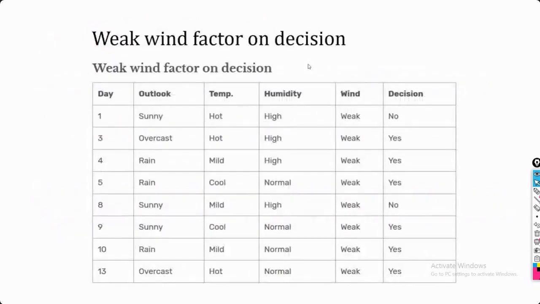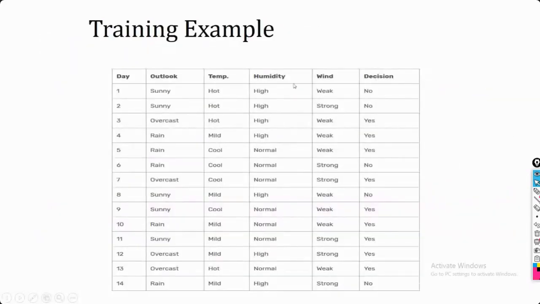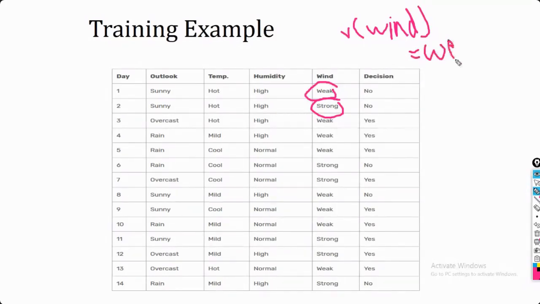Okay, so let's see. In your wind, first we will check how many unique values are there for that particular attribute. As you can see for your wind, how many unique values are there? You have weak and you have strong. All of these are only weak and strong. So first I am going to count the values with respect to this. So what is it? It is your weak. Weak is there and strong is there. Okay.